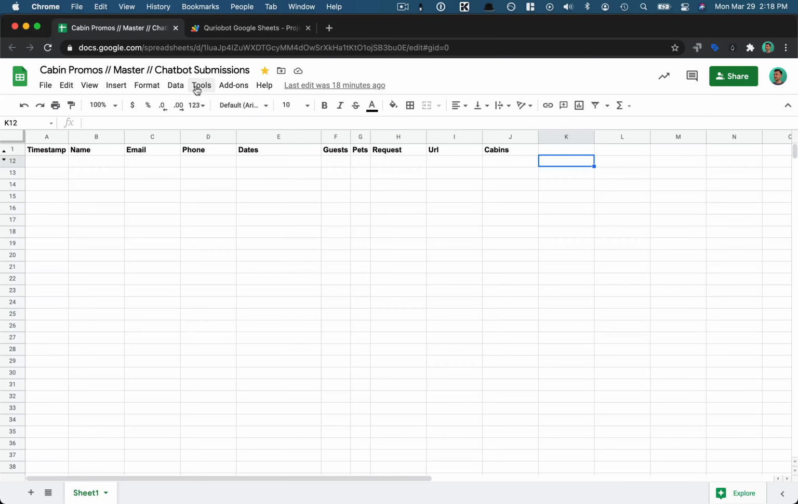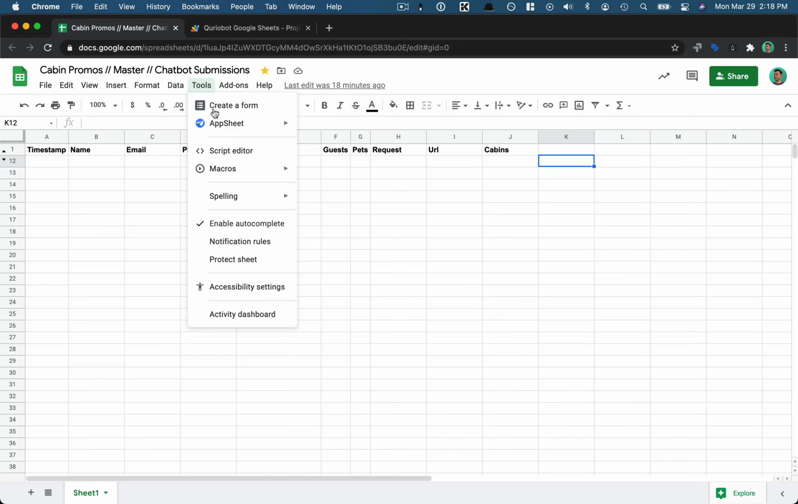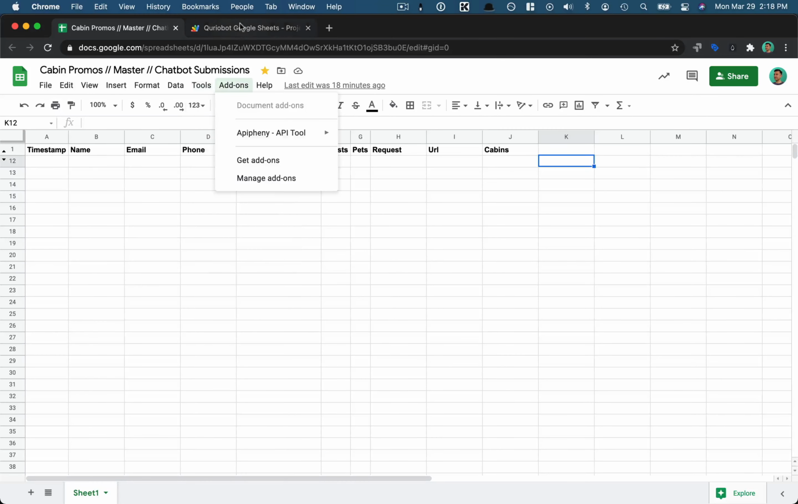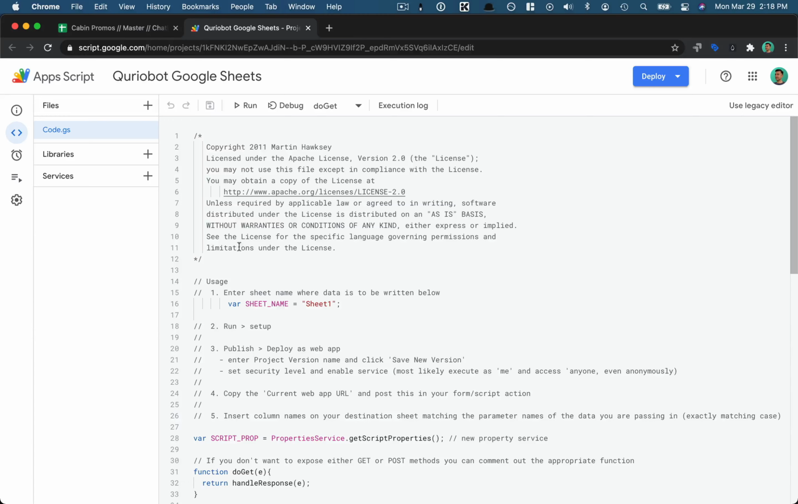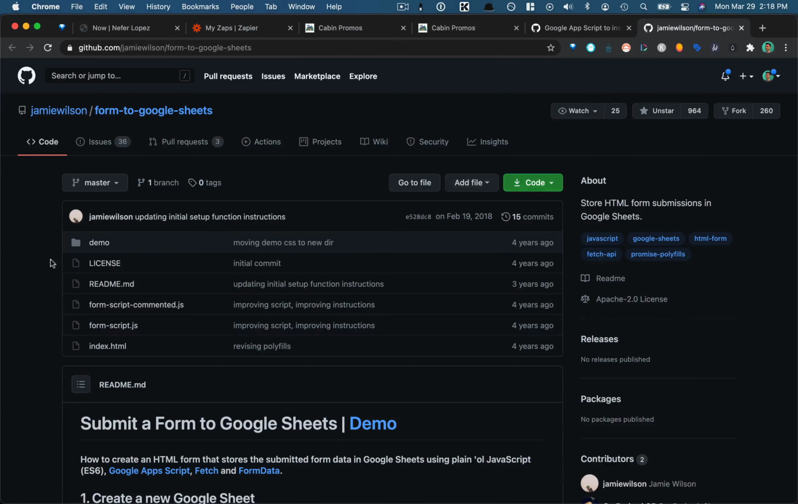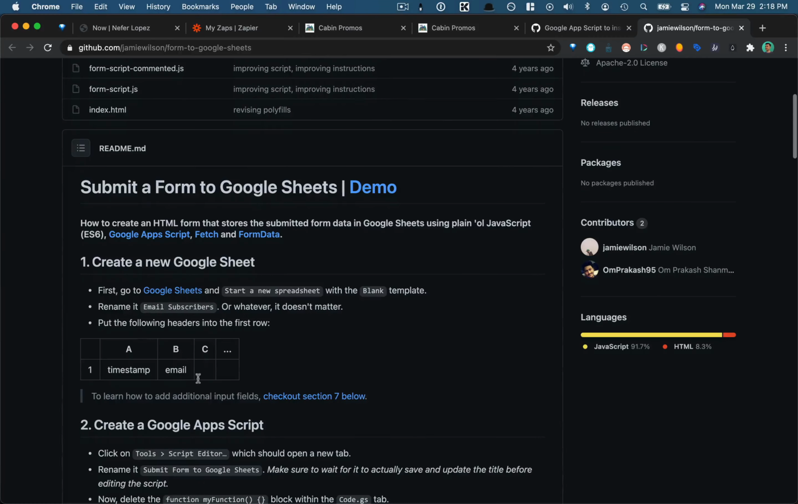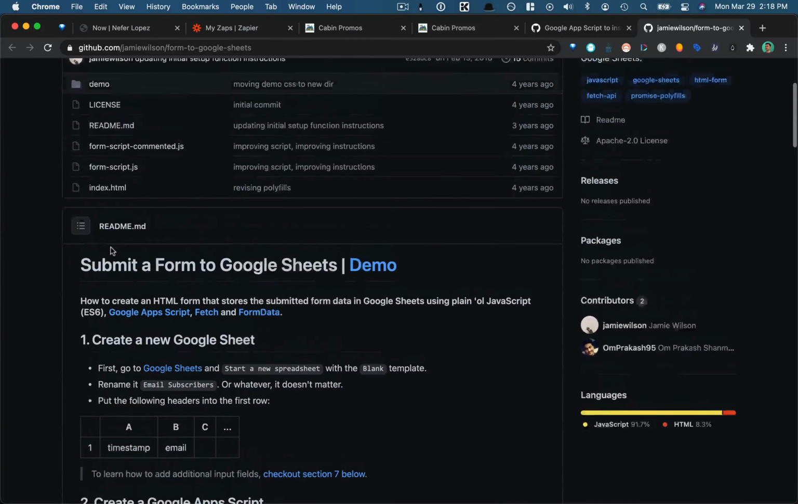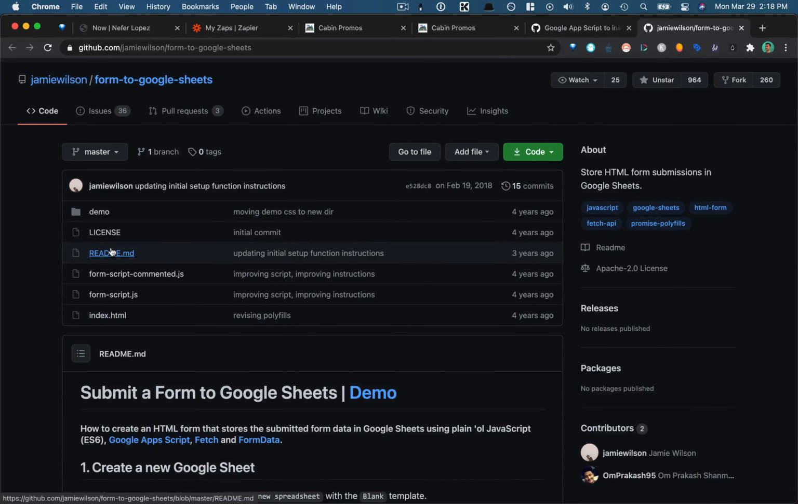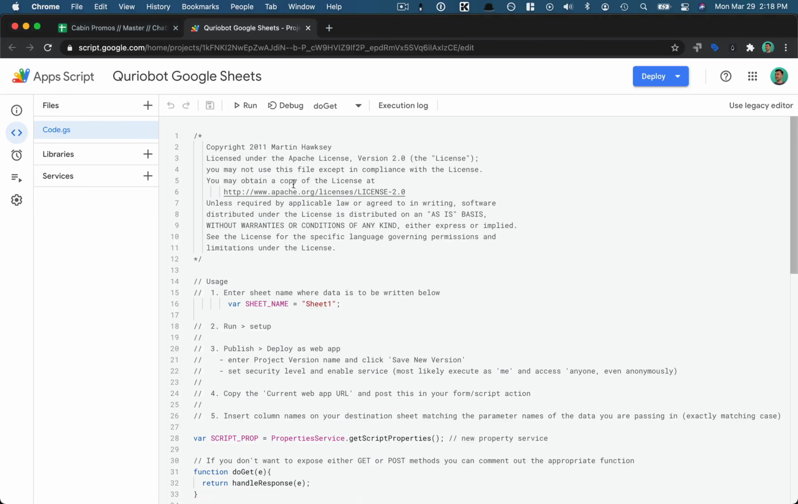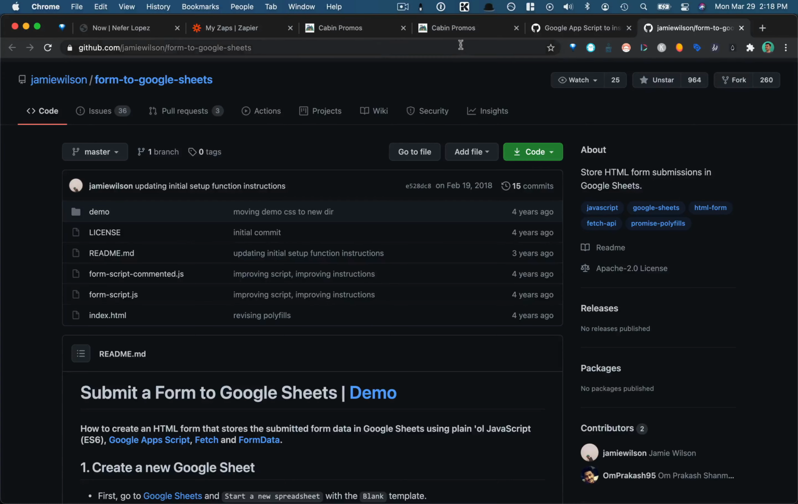into your sheet, tools, go to script editor, and then you'll see a screen like this. You'll copy and paste and then essentially just follow the rest of the steps within this particular link. And that's pretty much it. Once you deploy your web app as a Google Sheet or as a Google App Script rather, you'll be able to pass in data